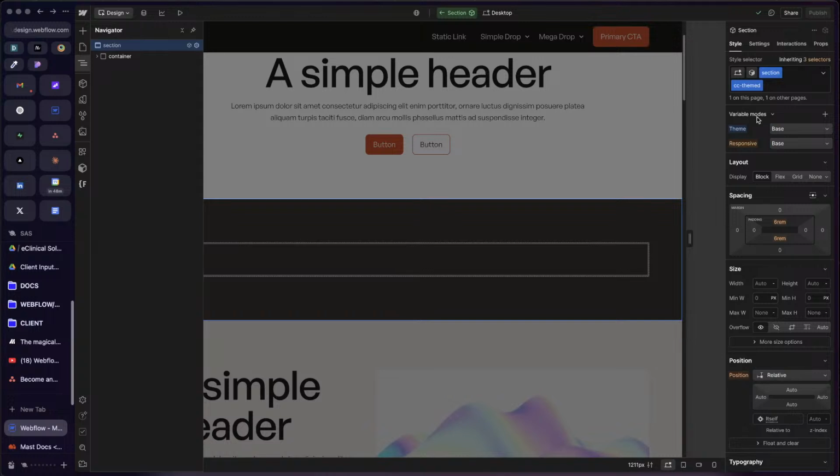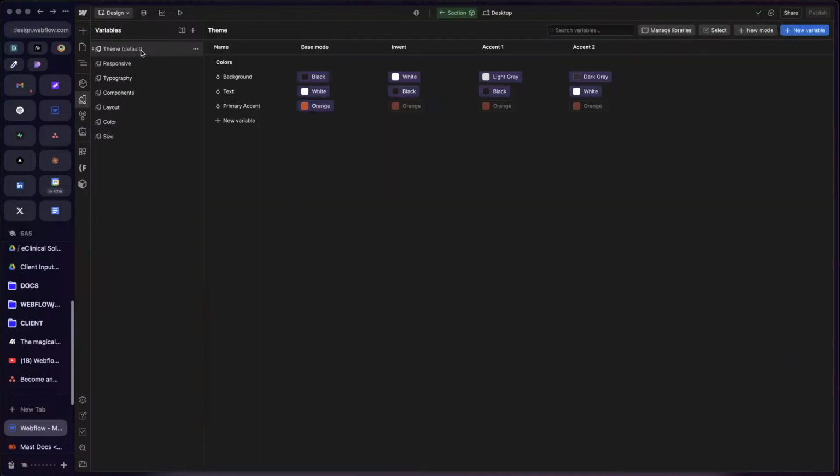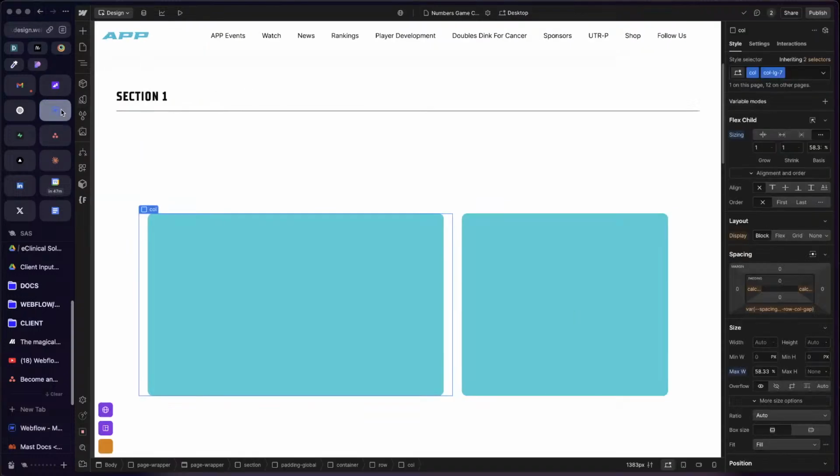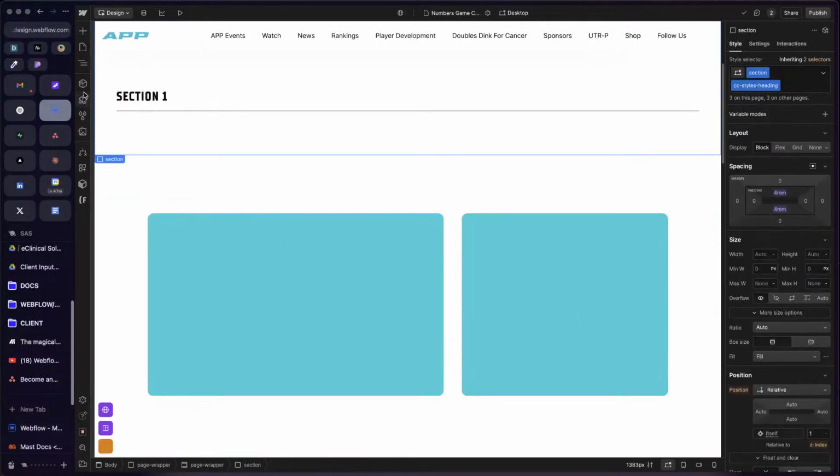Okay, so we're gonna need to set up variable modes. Kind of, sort of annoying. Let's take a look at how they did their variable modes here. Theme. So they have a base, they have inverted, accent, and accent 2. I love how simple that is. Okay, so going in here,